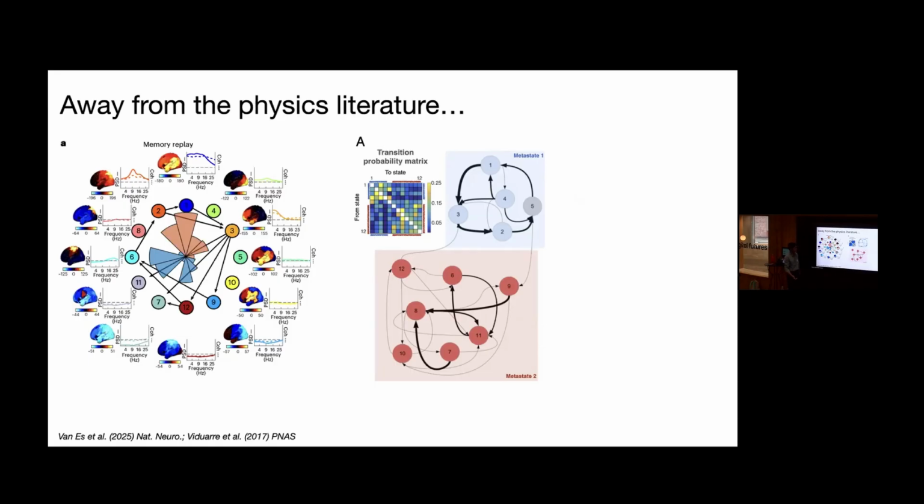And they were looking at asymmetry in transition rates, both in this older paper from 2017 and quite recently, where they're looking at the cycles with asymmetric transition rates. And effectively, this is doing the same thing. You're looking at irreversibility and broken detail balance without using words from statistical physics. And so this is something that maybe more hard-headed neuroimaging people are interested in, but don't necessarily use the same language that I'm using. Okay.